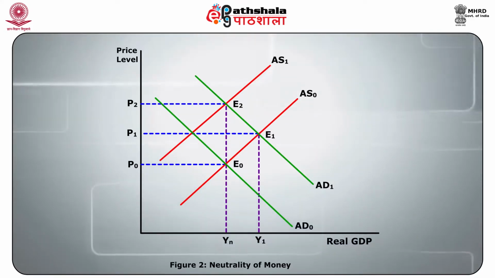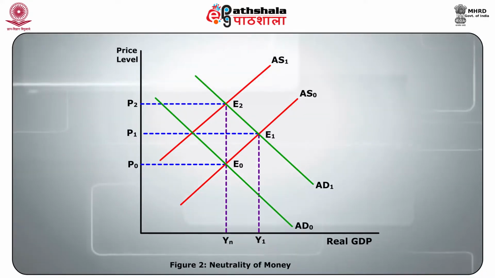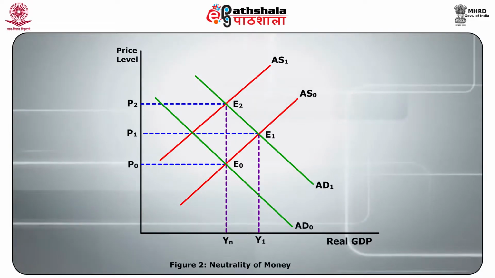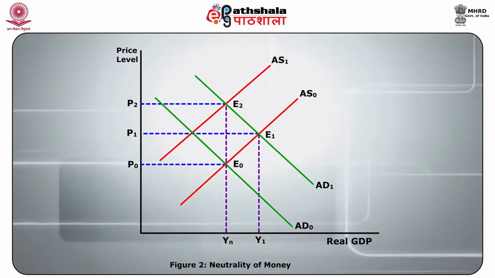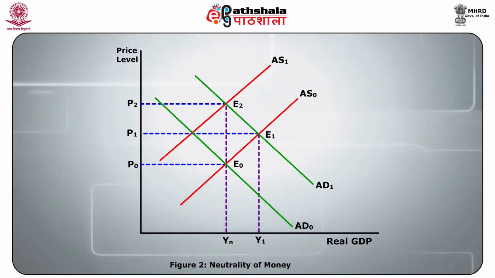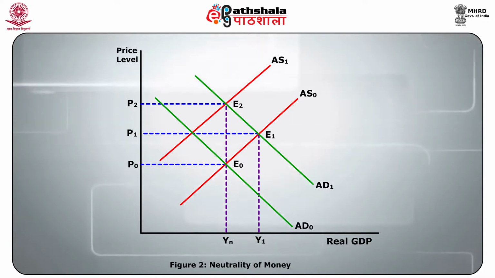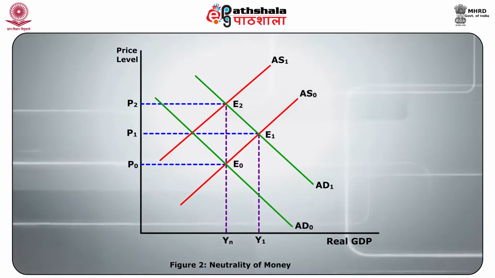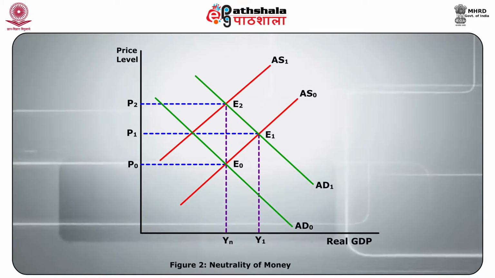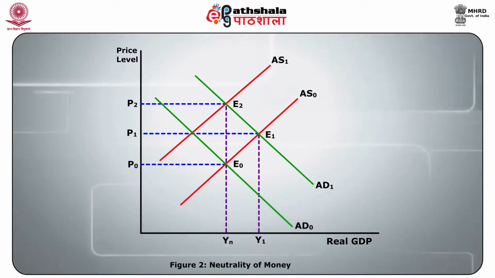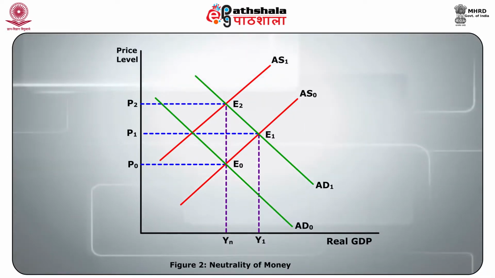The fact that in the long run money supply affects only the price level and not the output shows that money is neutral in the long run. In Figure 2 below, suppose initially the economy is at the long run equilibrium where AD0 and AS0 intersect. The AS curve is drawn for a given level of expected price P^E. The policy maker decides to increase the nominal money supply, which causes a shift in the AD curve from AD0